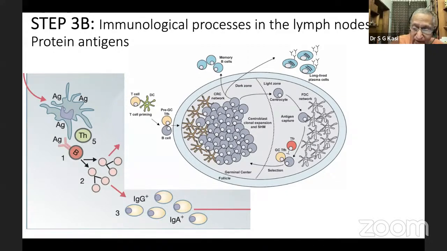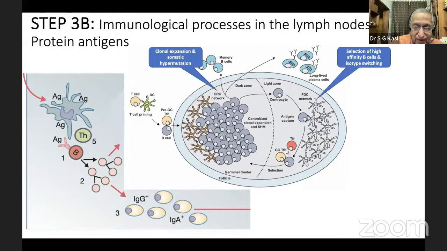Now, what is this germinal center reaction? From one single B cell clone that is specific for one particular antigen, they undergo a clonal expansion, multiplying millions of times, and they also undergo somatic hypermutation. I told you last time, in the variable segment of the immunoglobulin, you have to produce a variety of antibodies, so somatic hypermutation occurs. And these cells, which are now known as the centrocytes, move into the light zone.